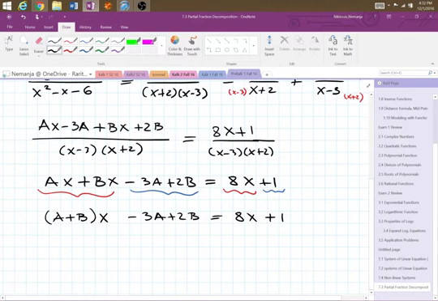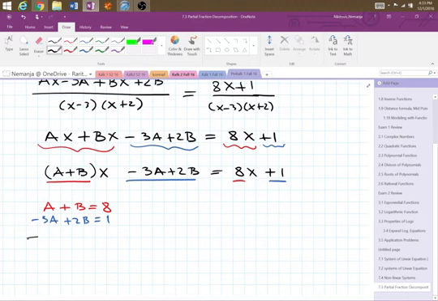These two expressions are equal when the coefficients of x are equal and when the numbers are equal. So that gives me two equations. a plus b is 8, and the blue equation, minus 3a plus 2b is 1. And you have two equations, two unknowns, which you can solve